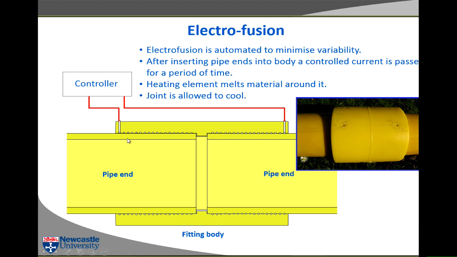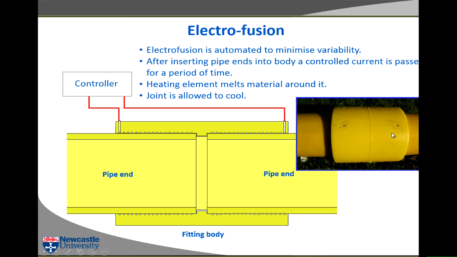So the heating element melts all the material around it, and then the joint is allowed to cool. And actually this controller, the way they do it mostly, see here's one example of an electrofusion coupler, and here are the places where you plug in the two electrical electrodes for heating. And actually there's a coding system, because the controller knows what type of fitting is going to be used. So it'll know the diameter of the fitting,